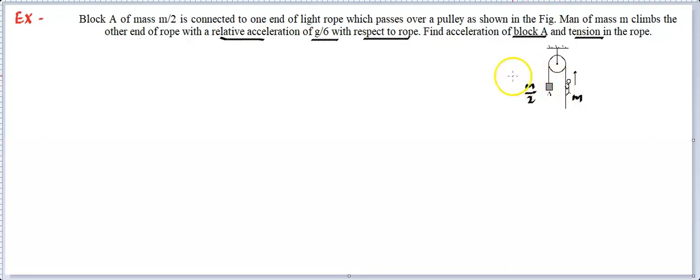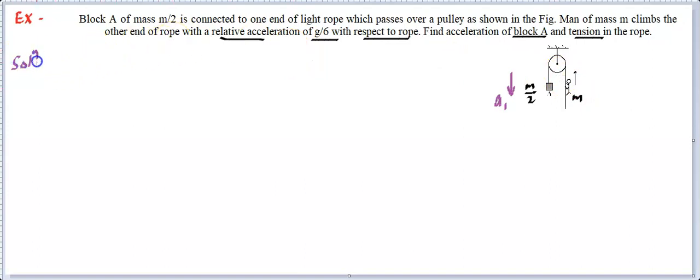So how are we going to proceed? We can think of, let's say, this block A moves downwards. It might go upward, it might go downwards, depending upon the situation. So let's consider this is moving downwards. It doesn't matter in which direction you are considering; later on you can correct it. So let's say it is going downside with acceleration a1. This a1 is the acceleration of the block with respect to ground. Let's say this man is rising up with acceleration a2 with respect to ground.